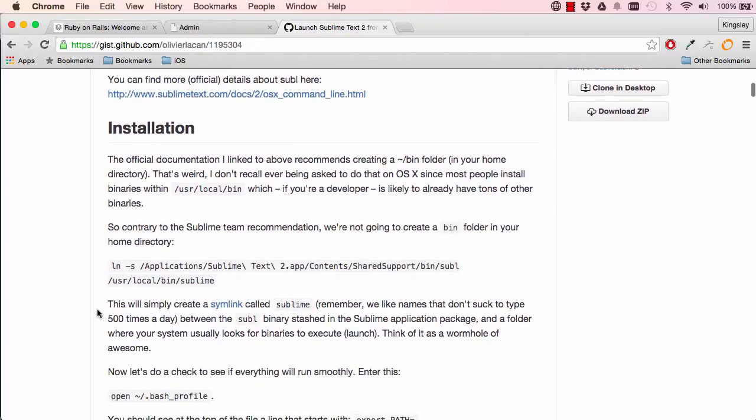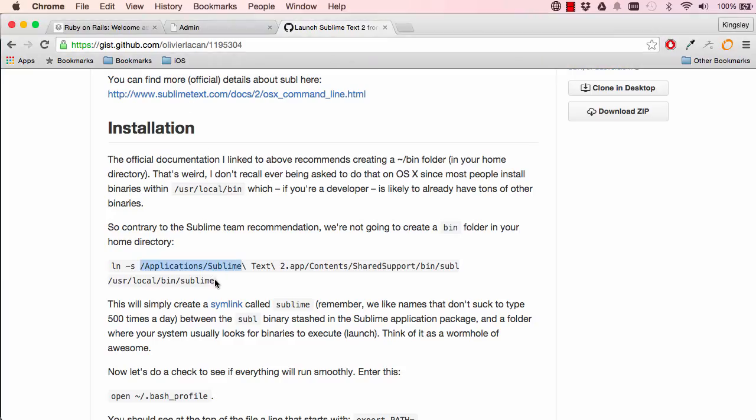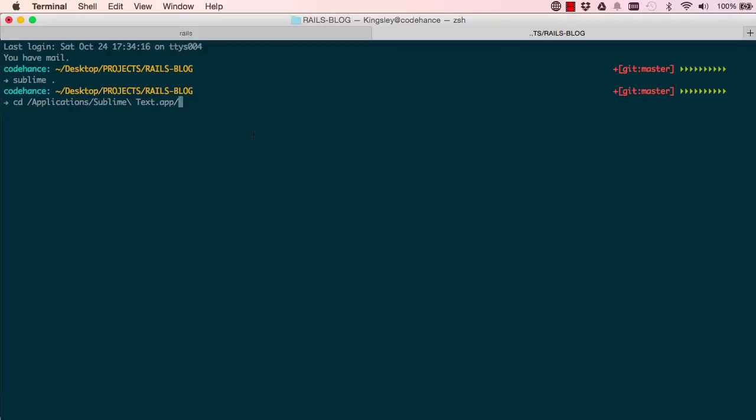installation section. So we want to copy this line and paste it in the terminal, but don't just do that because it depends on the version of Sublime you're using. So just copy this portion first, exactly as I've copied it, and cd space, and then just to double check, space and paste, and then tab. Okay, so tab will complete it with your right version of Sublime. So then come back in here and copy the rest, just up to the slash without the slash in. Paste this in here and